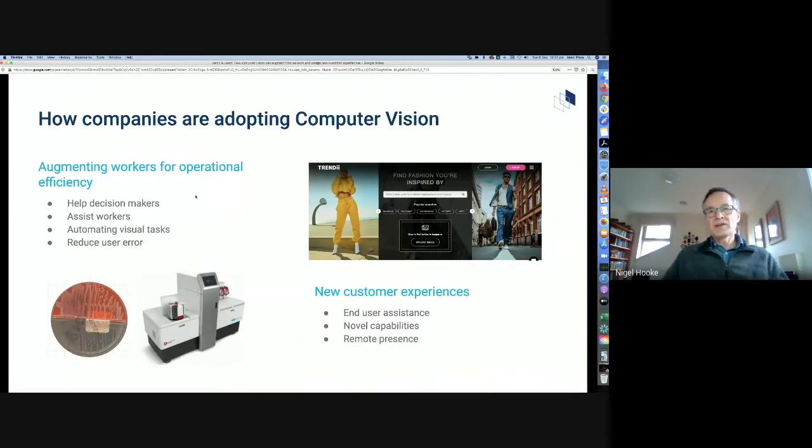So we see two main ways that companies are adopting computer vision. The first is helping workers to do their work more efficiently. So every day in a pathology lab, microbiologists working there take hundreds of agar plates, such as that circular thing you can see on the image there. They take these culture plates out of the incubator and they assess them by eye to determine whether there's any growth on the plate that may be harmful to a patient. The majority of plates are negative and they just go in the toxic waste. The positive ones are set aside for further analysis.